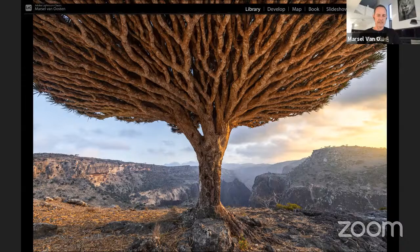All these lines. This is the best angle to fully appreciate how these trees work. They're very large, so you really can't tell usually in photographs. That's why the previous photograph with the tent is very useful, because it shows you the size of the tree. And I also like that it's so close to the edge of the cliff here. There's a very deep valley behind this tree. This is photographed in the early morning, so that's the backlight. I really like this kind of light where you're shooting into the light with the sun just outside of the frame,